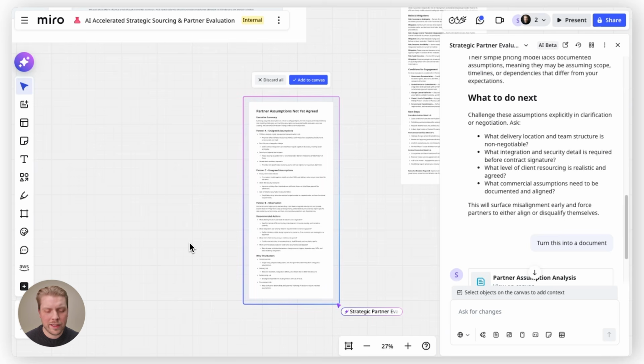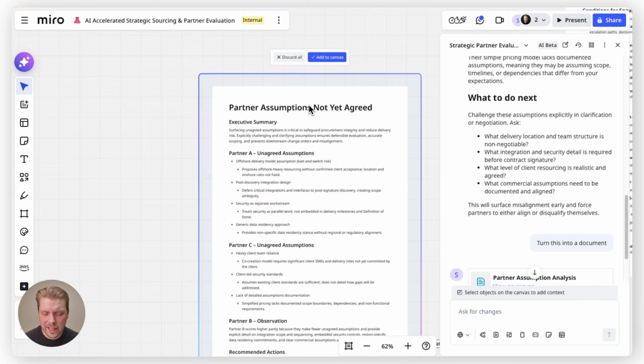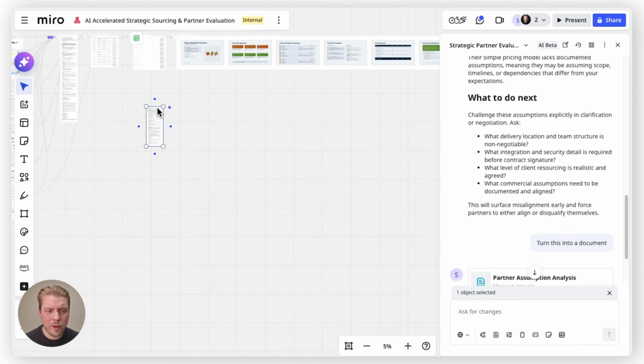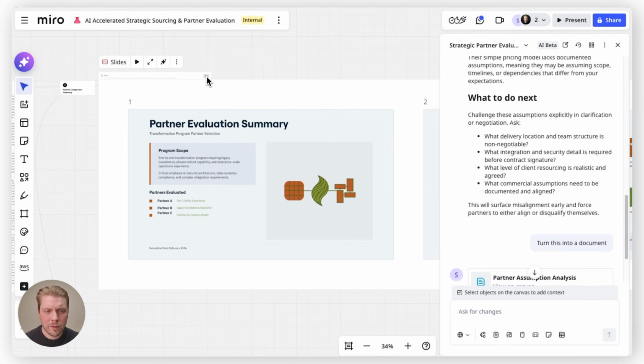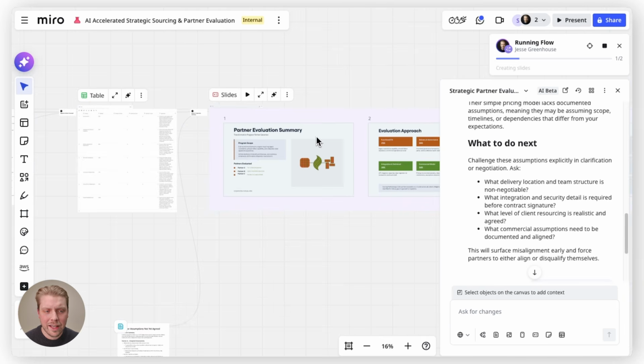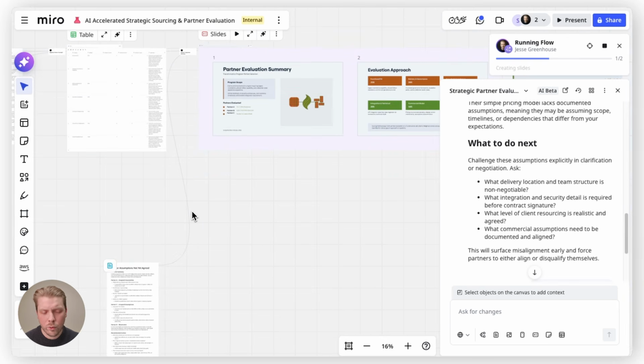Great. And you can now see that the Sidekick joined us on the canvas, and it created a document for us outlining some of the key assumptions that we have not outlined yet that we should feed into our decision-making criteria. We can then add this to the canvas and actually use this as a new input for that slide deck by simply dragging and connecting that input to the output, and then hit run from the slide deck instead of from the beginning. So this kicks off a 2-step flow instead of that 5-step flow,